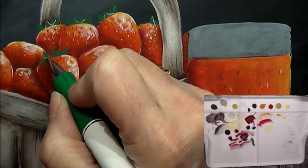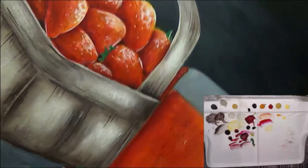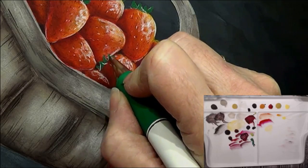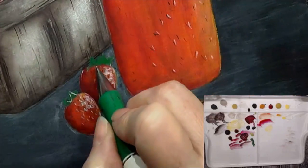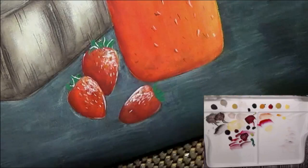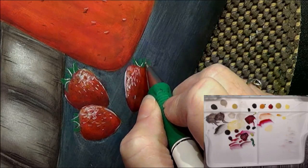On this one, we obviously have a little leaf that comes down like that. I want this one to be in the front, and then those can kind of be pushed to the back. And this one here, I'll put this one in the front. And of course, that one will probably be in the front. It didn't really require a lot of... Okay, that's that stem. This one here, we also have one in the front here. Okay, and then this one. Hopefully this will all make more sense as I begin painting